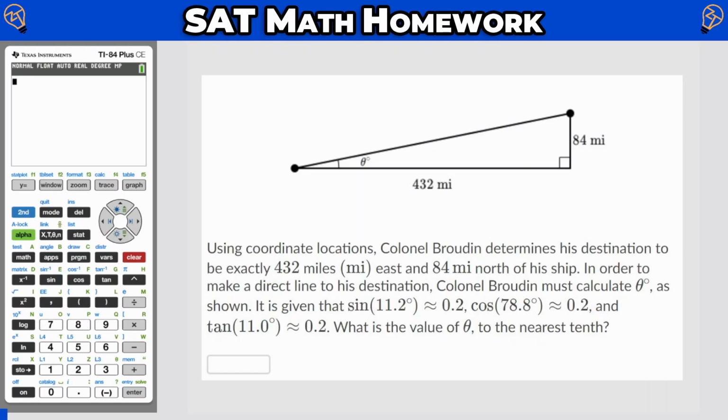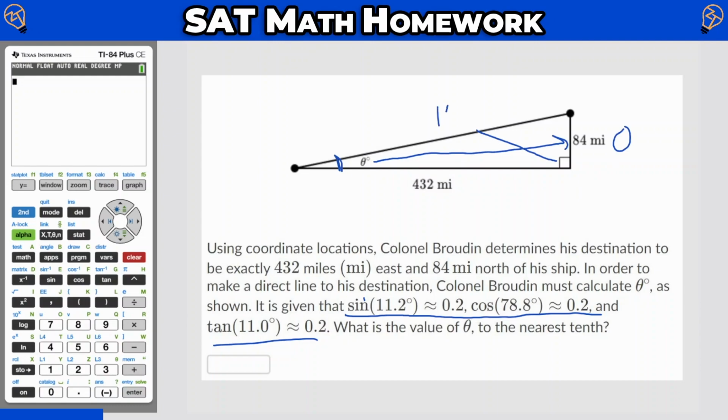So for those of us who are fairly familiar with trig, the thing that really is confusing about this question is all this information here. Now, let's say that weren't there. How would I approach this problem? Well, from theta, we know the opposite side. The one across from the right angle is always the hypotenuse, so by default, we'll call this one the adjacent